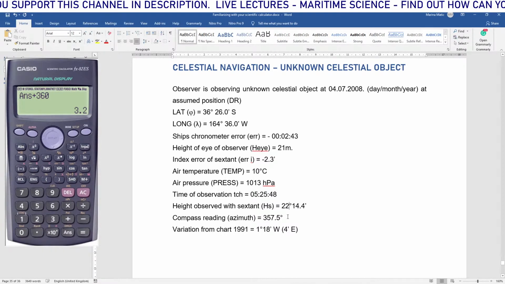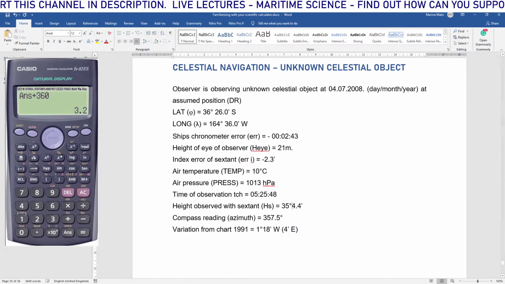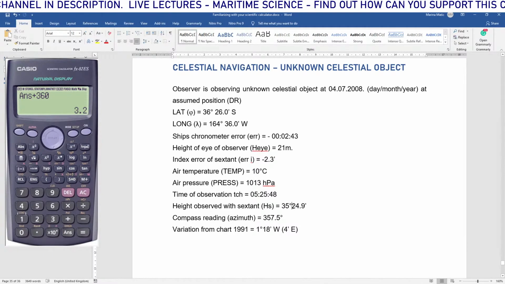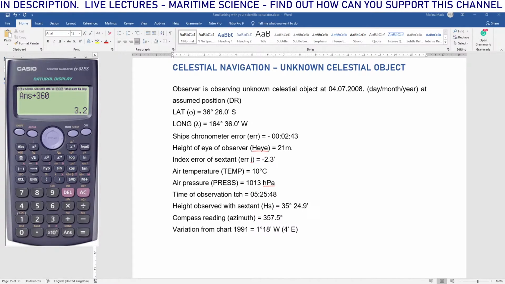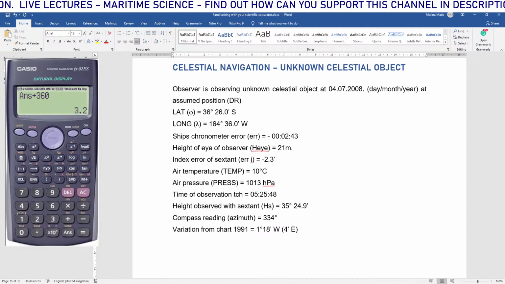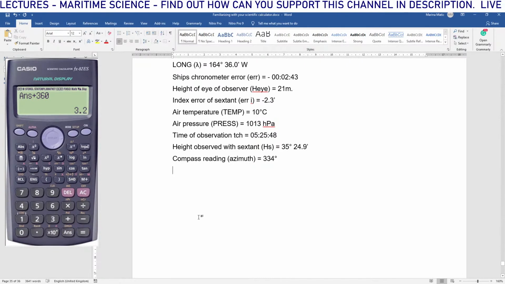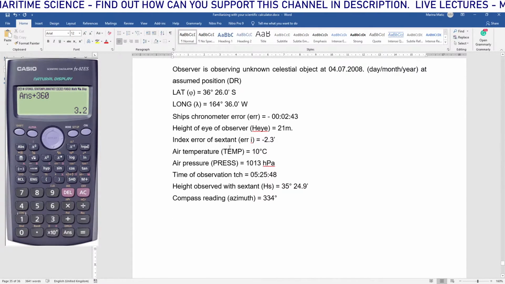And the height observed of this unknown object is 24.9. That's the height measured, or altitude measured, with the sextant. Compass reading is 334 degrees. And variation is information that we're not going to use. Okay, so we have height observed with sextant, and compass reading is 334, and we need to